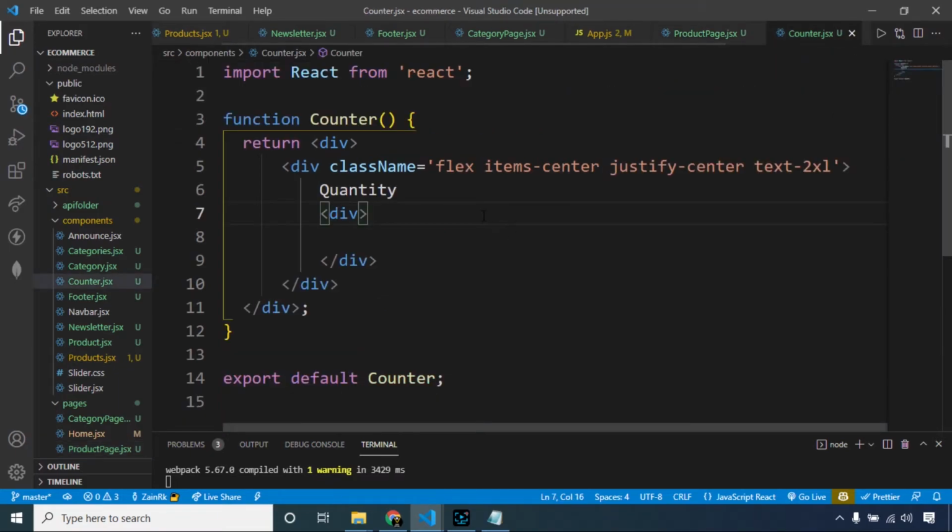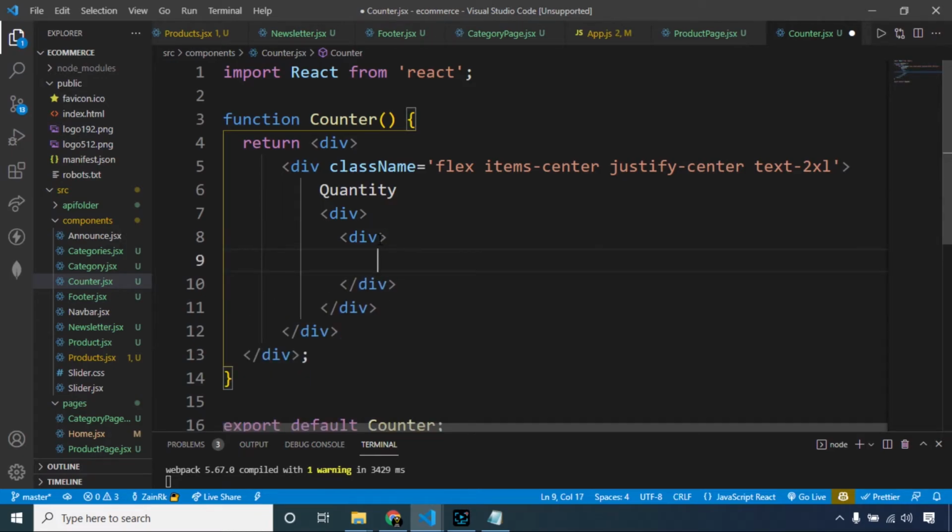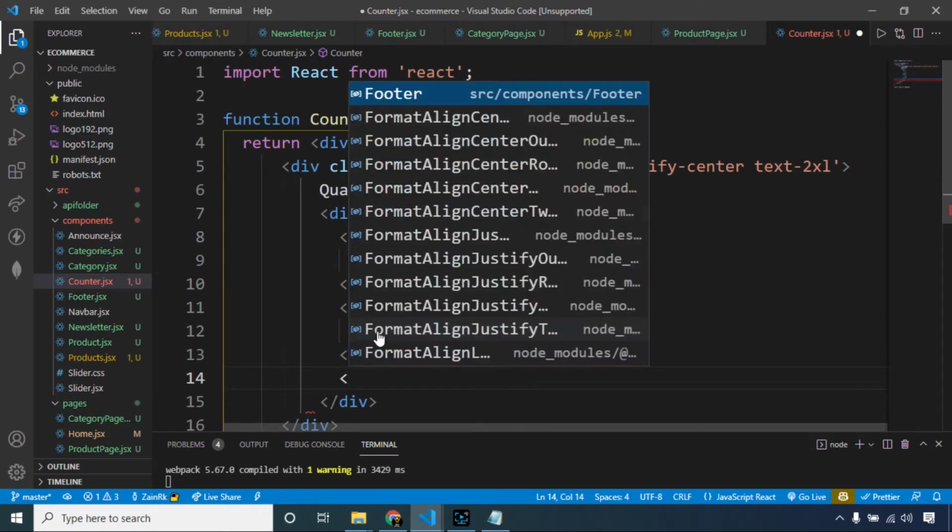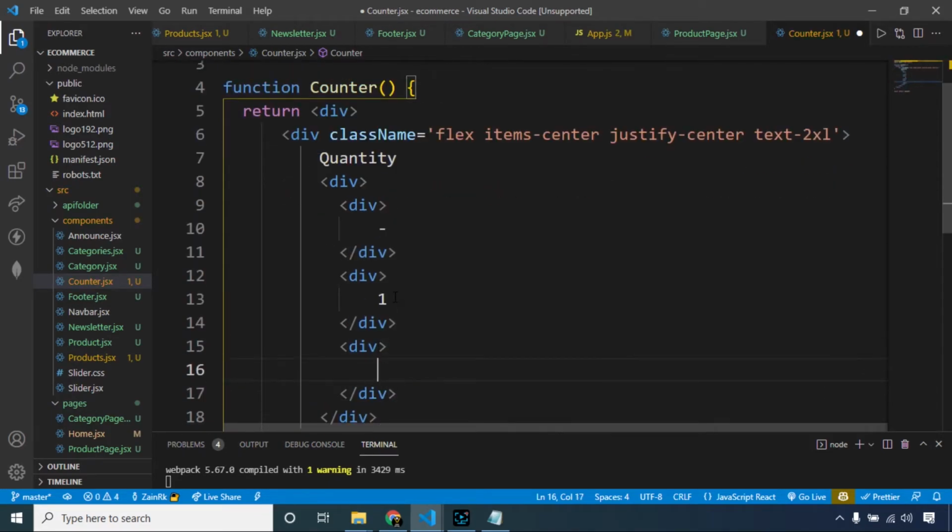Let's make it complete. Here I am going to make 3 divs. First div will be for the minus button. The second div is to show the quantity, for example 1, and again I know this quantity is going to change, and third will be our plus button.